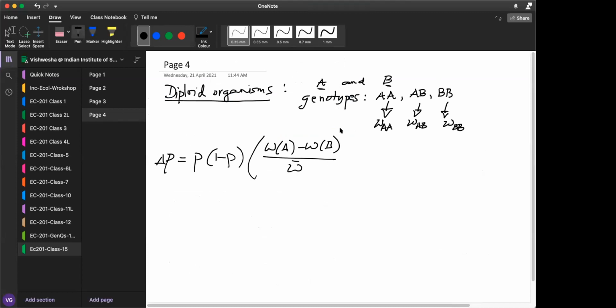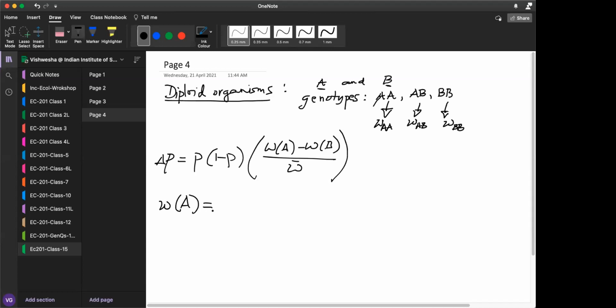Except that omega A will depend on how the genotypes are distributed, and omega B will depend on how the genotypes are distributed, and likewise omega bar will depend on how genotypes are distributed. So what is omega A? Omega A basically is,